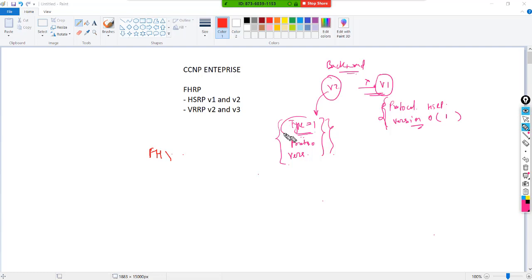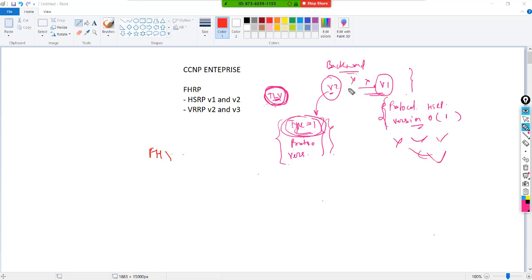The packet in version 2 is called TLV, type length value. Because of this additional concept, your protocol is getting integrated with the TLV value. In the case of version 1, you do not have those features.